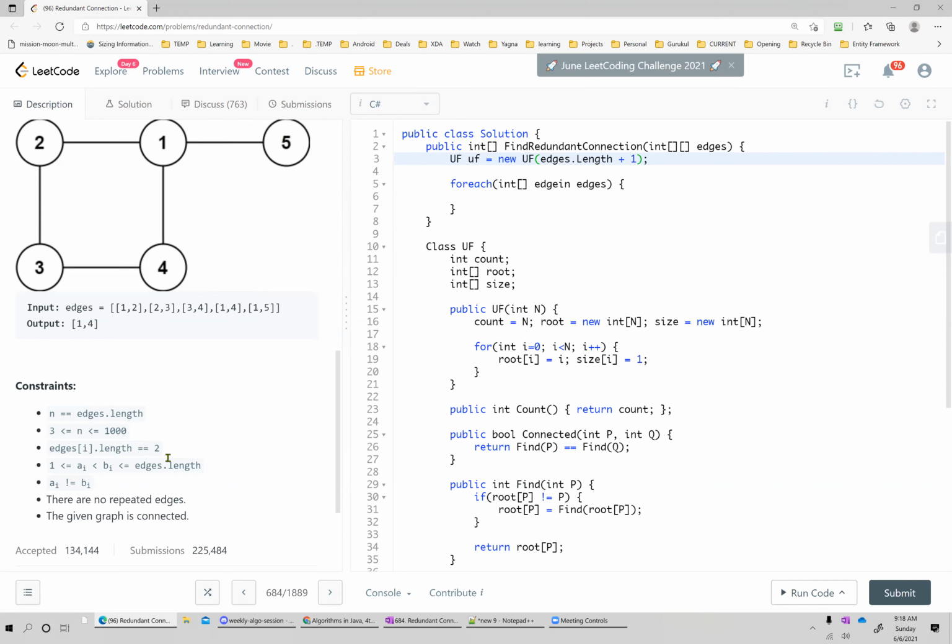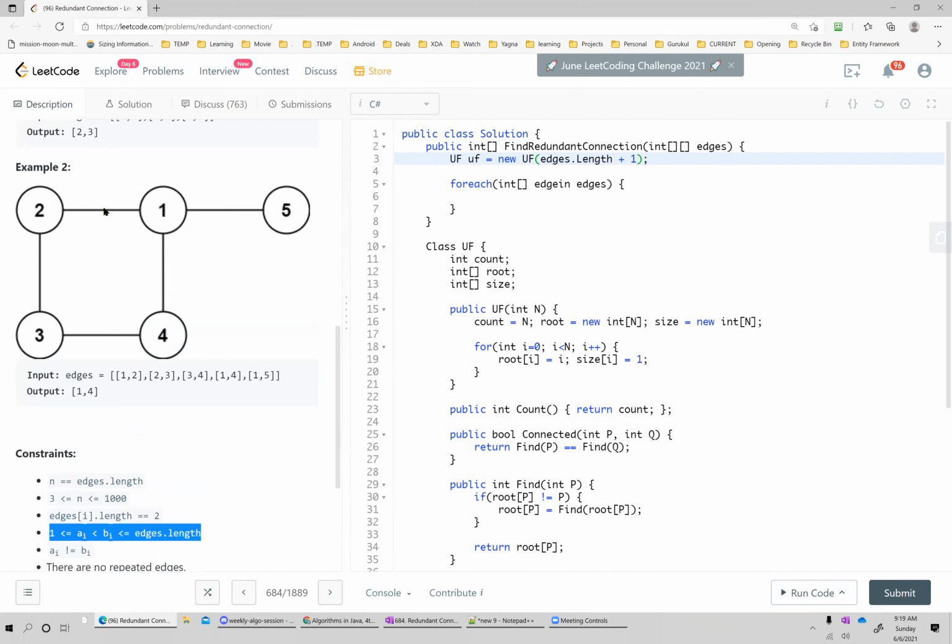So why we have to do that is, if you see this constant, our union find algorithm assumes that your nodes start from 0 to n minus 1. Is that correct? So for this example, there are 5 edges.